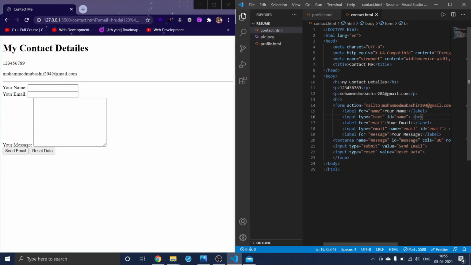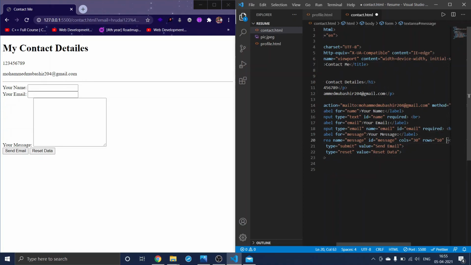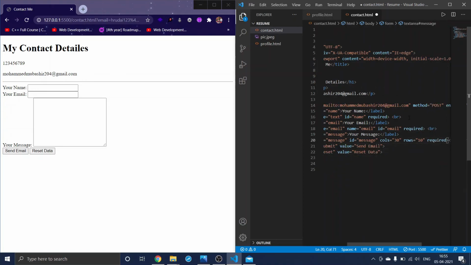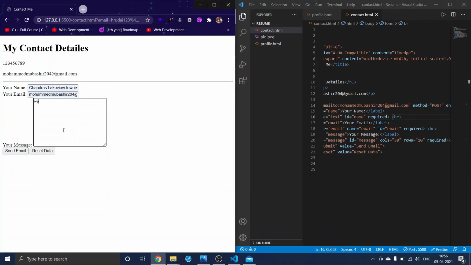And now, these fields are important, right? So I will give the required attribute here, required, and even here required, and even here required, and save this. And let me write something here, and here also we gave this as required, right?